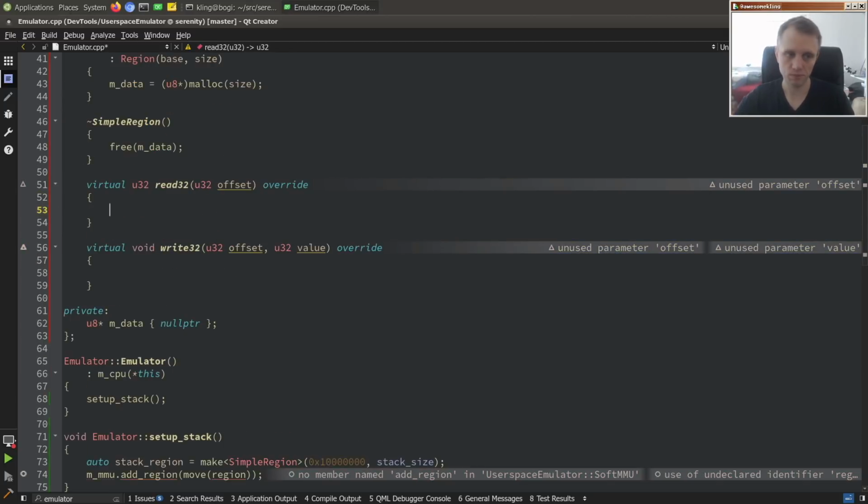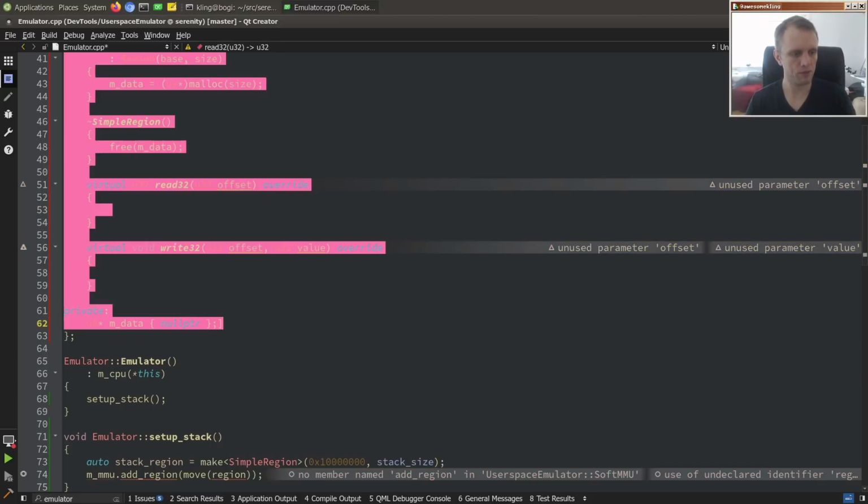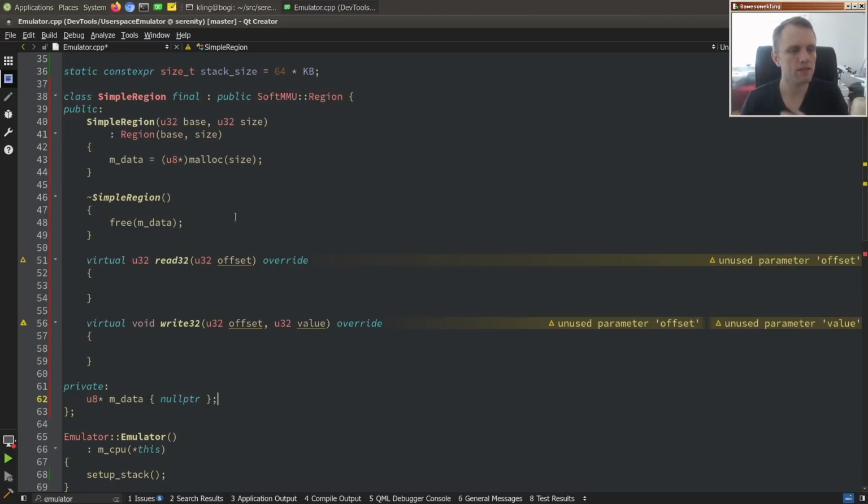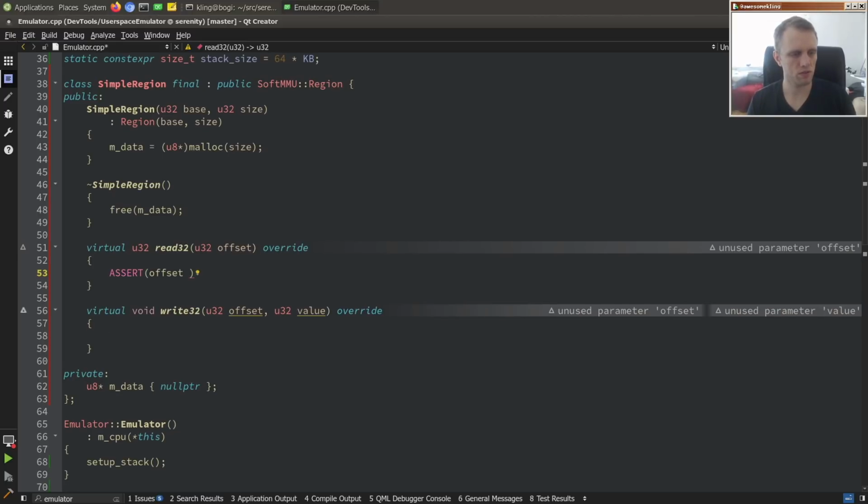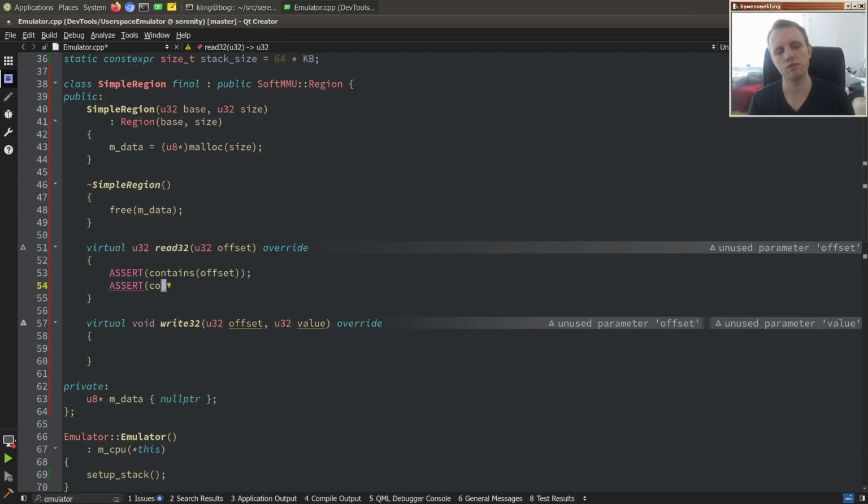So we should probably keep track. Oh, we know our size actually. It's in the base class. So here, all we need to do is just say, let's assert actually. Assert contains offset, and we'll also assert that it contains the entirety of a 32-bit quantity here. Otherwise,